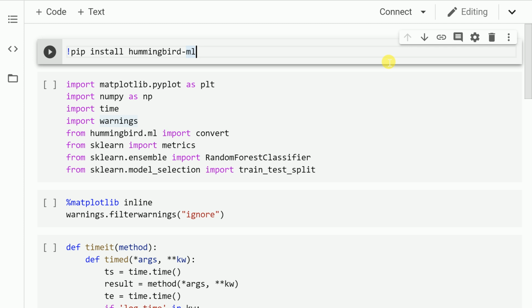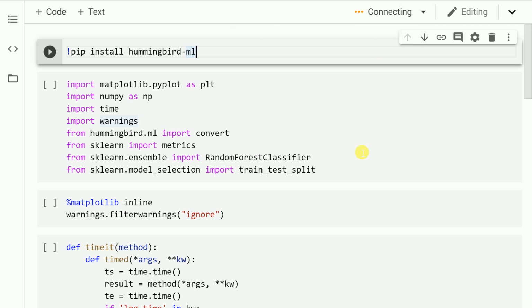Microsoft has recently open sourced a library called Hummingbird, which is a library for compiling trained traditional machine learning models into tensor computations. It allows users to seamlessly leverage neural network frameworks such as PyTorch to accelerate traditional ML models. So essentially what you do is you catch hold of your traditional ML models that you've created using, say, Random Forest or XGBoost, pass them through the Hummingbird ML library and convert them to PyTorch-like tensors, which can be used for faster inferences. So this video tutorial is centered around how much of a speed up you can gain when you start using a tensor-based approach for making an inference rather than your conventional scikit-learn based approach.